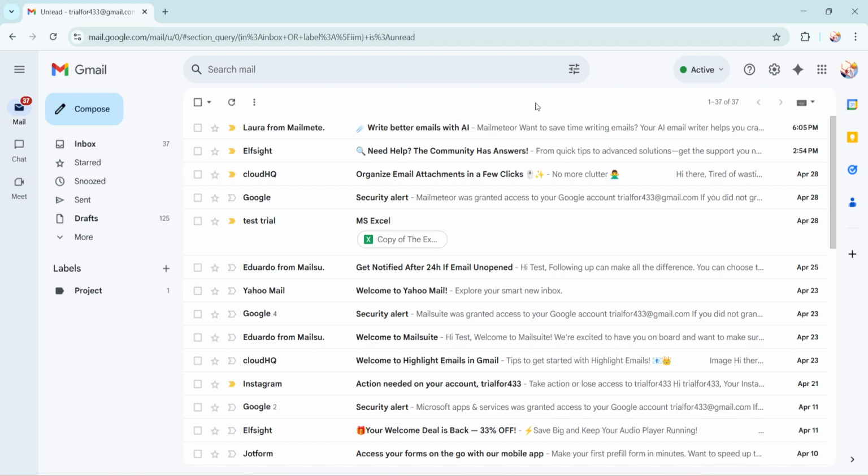So, that's it. You've just learned how to utilize a simple Gmail feature that can drastically improve your email browsing experience. With this newfound knowledge, go ahead and give it a try in your own account. It's a small yet incredibly impactful step towards mastering your digital